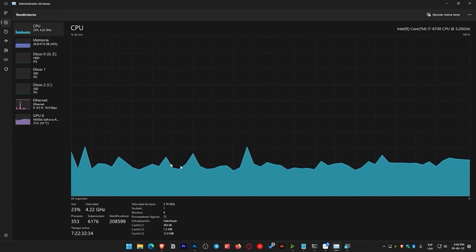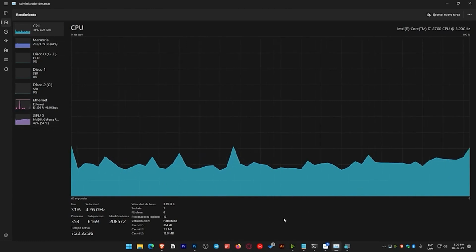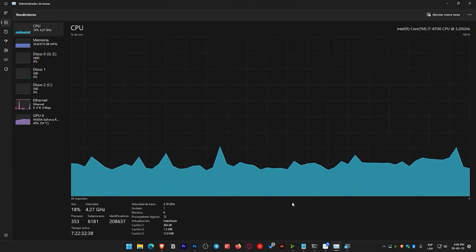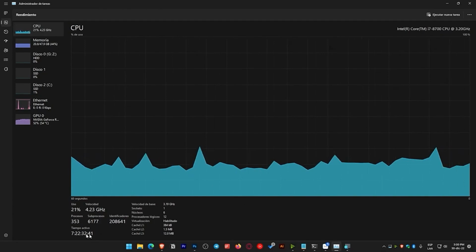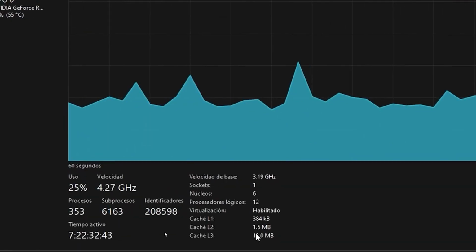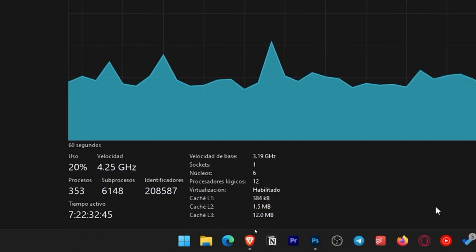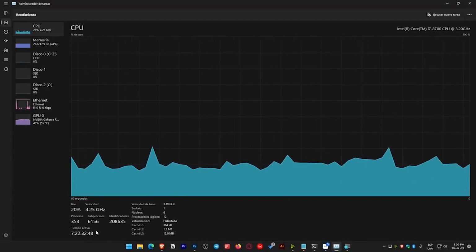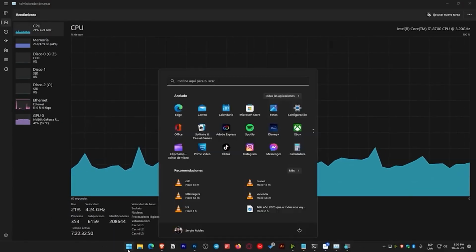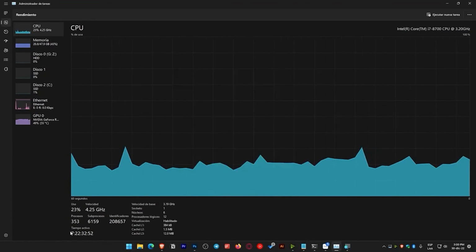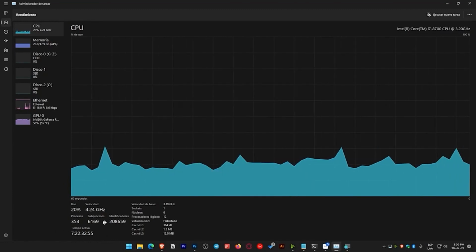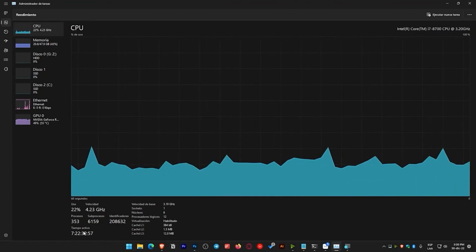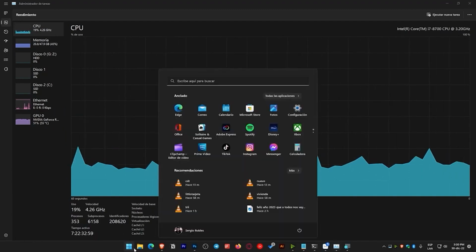So what is the solution to this? I will show you directly with tests. Here it says current active time, which is 7 days, 22 hours, 32 minutes, and 44 seconds. As I mentioned, you can simply test this. If you have that time, shut down your PC and turn it back on, and you will see that the same time appears. So what we are going to do to get out of this is simply click on Windows,